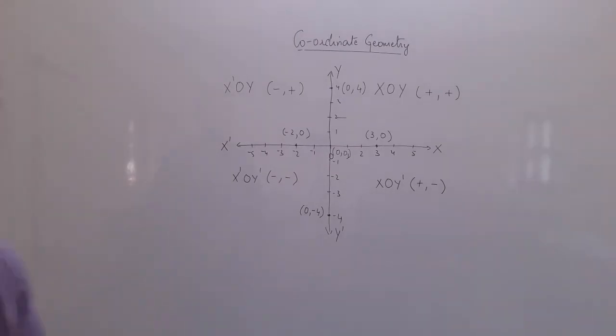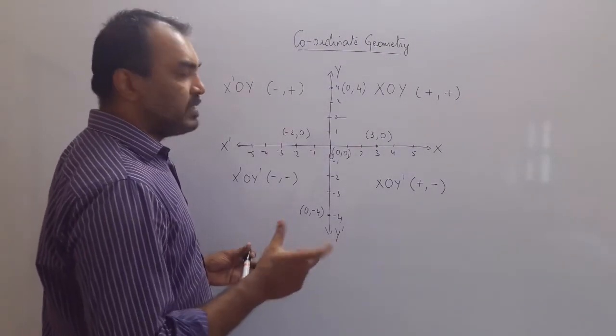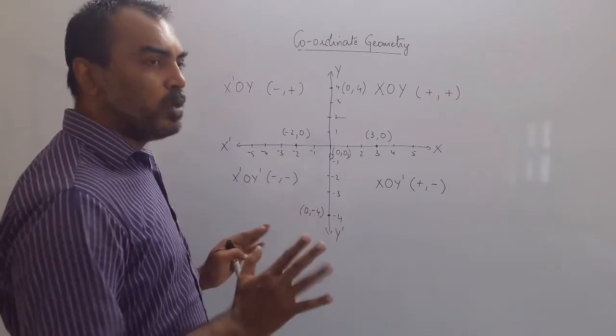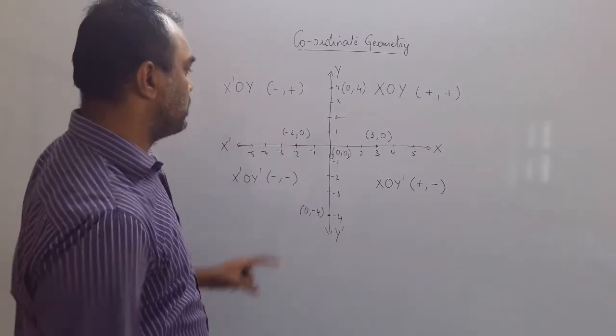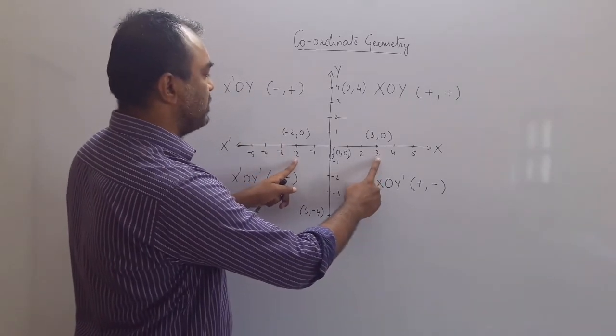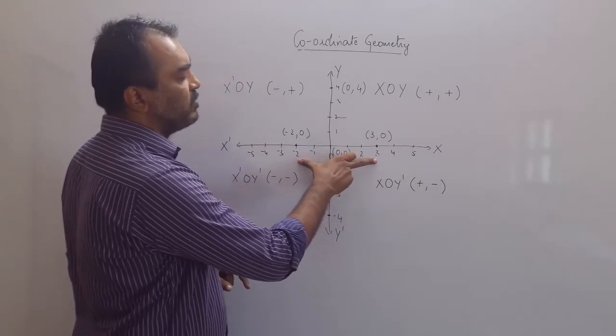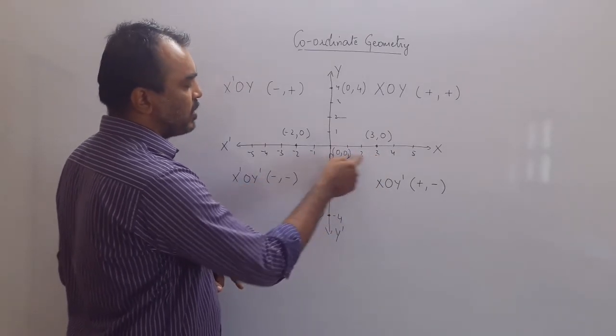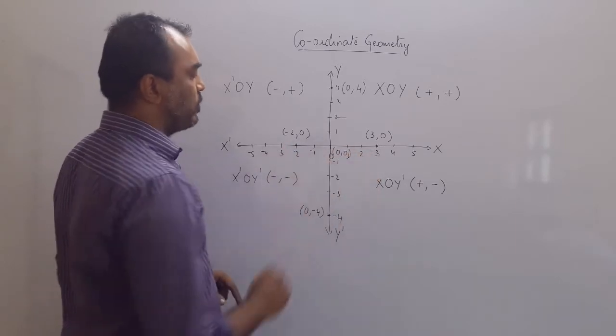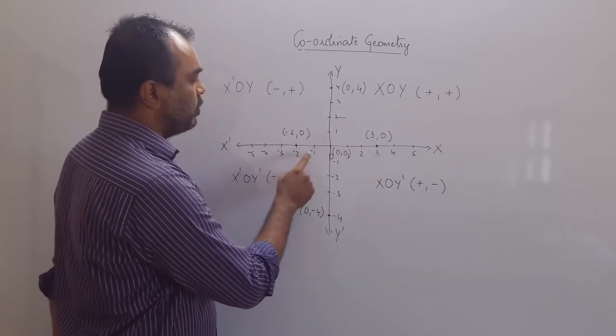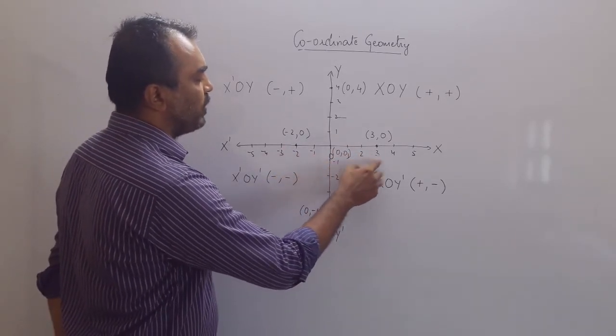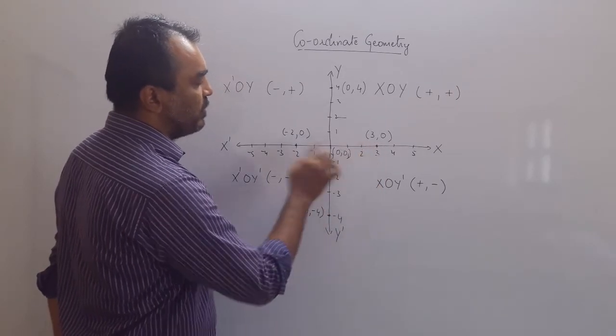Okay, before I go to the distance formula, let us see one thing in one dimension. Just now we are not in two dimensions. Let us take one dimension. I have got 2 points on the x-axis. Can you tell me what is the difference between these two? I can count from here also. If I start from here, then 1, 2, 3, 4, 5. This is a distance of 5 between the two.